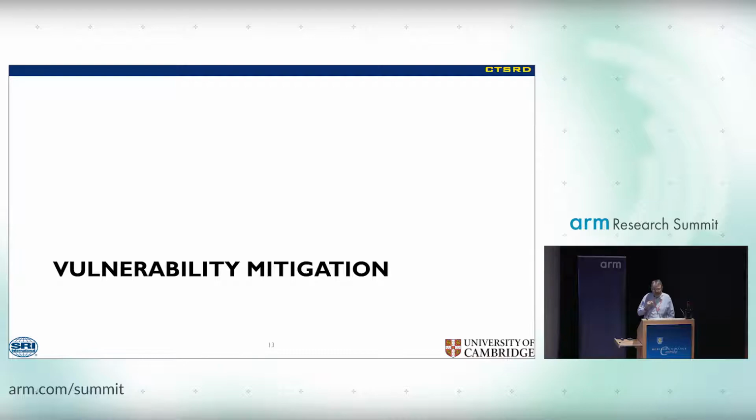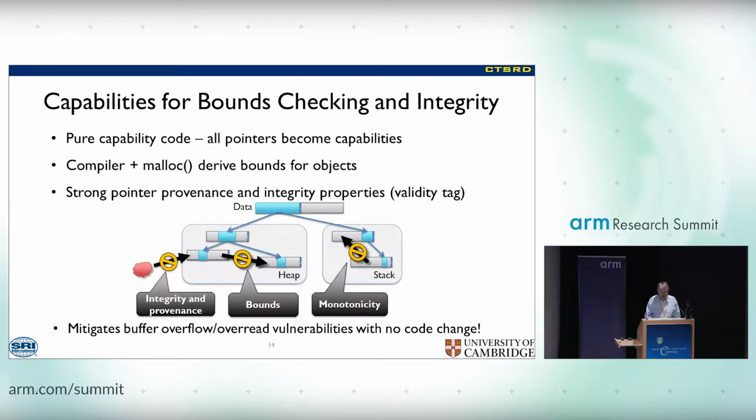So what I'm going to talk about now is how these techniques mitigate various vulnerabilities. So we use capabilities for bounds checking and for integrity. So if we assume we've got pure capability code, all pointers are capabilities, the compiler can derive bounds. So if you've got a data structure, you allocate something on the stack, the bounds are established. If you simply malloc a region of memory, that gets bounded. And we also get very strong pointer provenance. So for instance, if the compiler